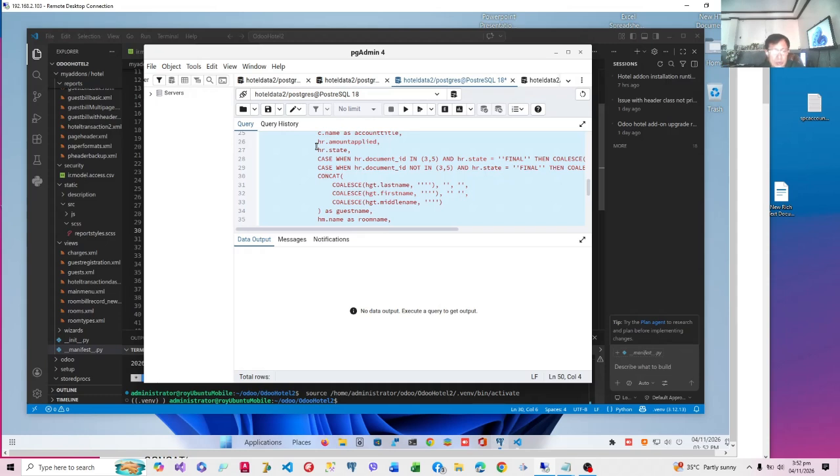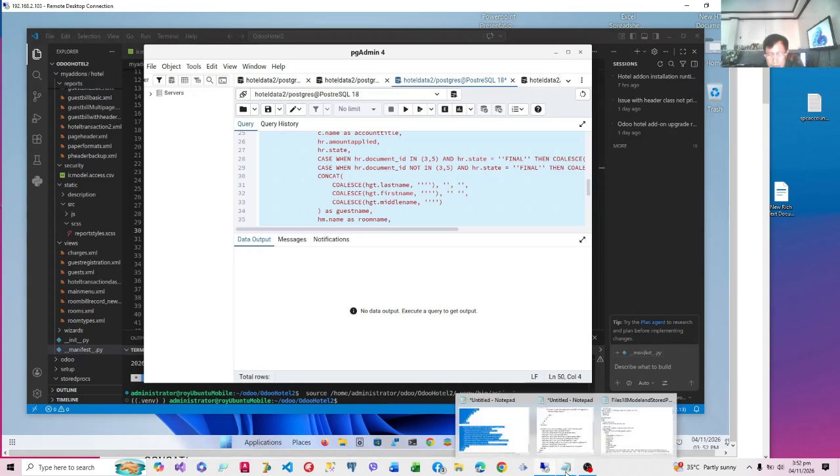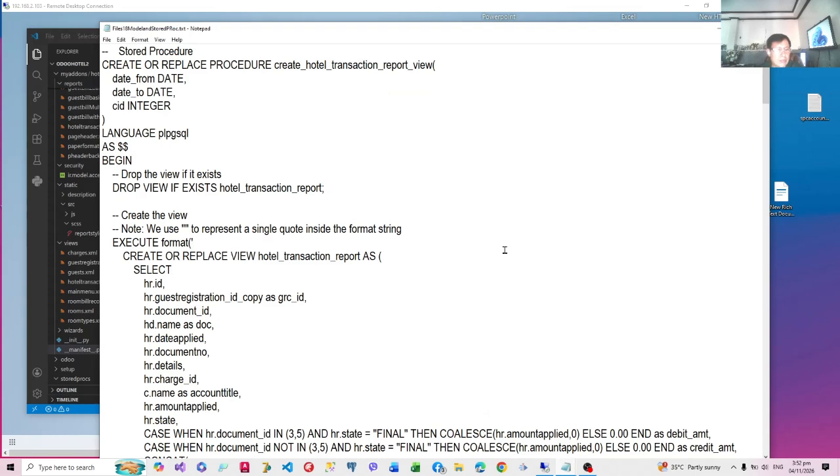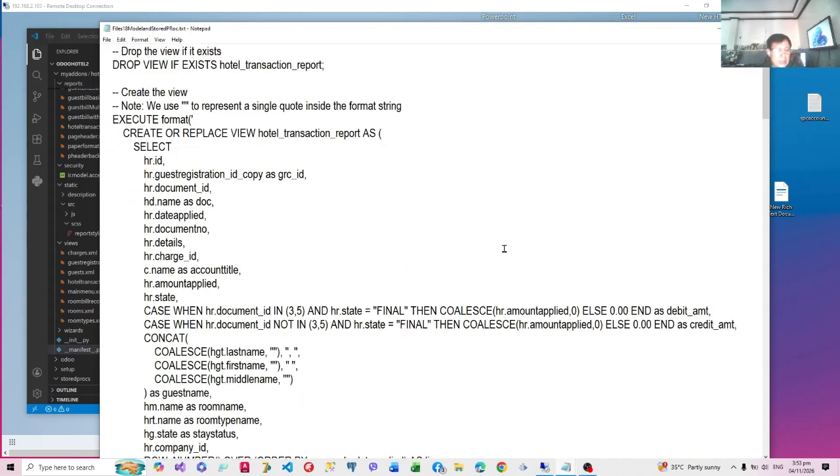First, let me show you the SQL query. Now, the normal approach is to create a model that uses a select statement inside. I would not do that because that will complicate our Python codes. So as usual, I'm going to create a PostgreSQL statement that will create the select statement.